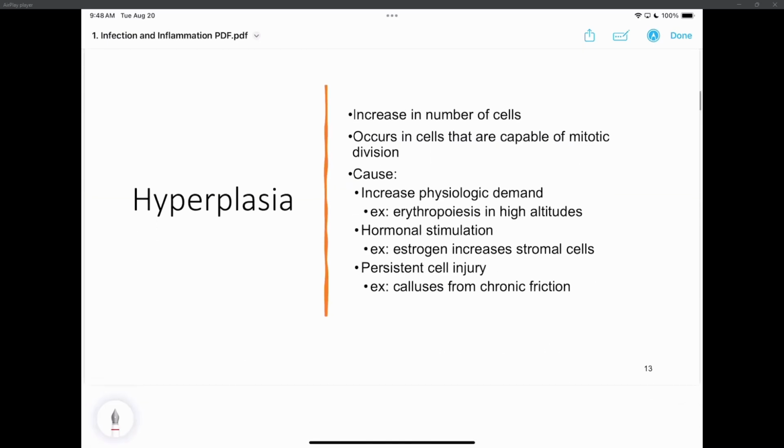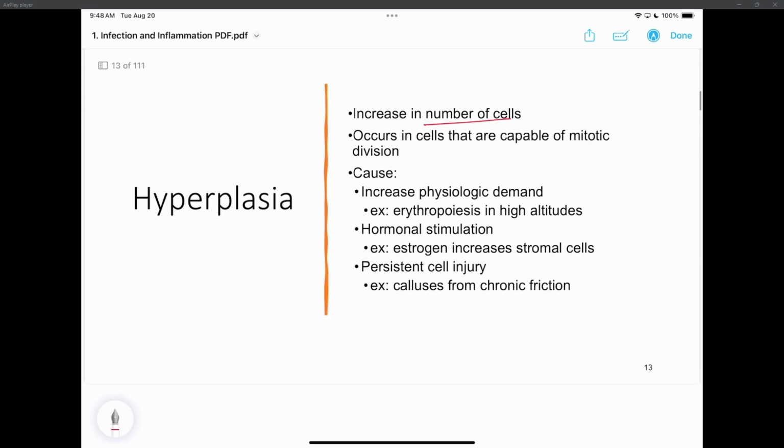Hyperplasia is an increase in the number of the cells, occurs in cells that are capable of mitotic division. Okay, so fast-growing cells. That's why cancer drugs attack any fast-growing cells with mitotic division. That's where a lot of these cancer drugs aim. What are fast-growing cells in our body? Hair. That's why they lose their hair follicles, because it's killing off any fast-growing cell. It doesn't know which cell it is, anything that's fast. Tumor cells grow fast, hair cells grow fast, let's knock them all out.